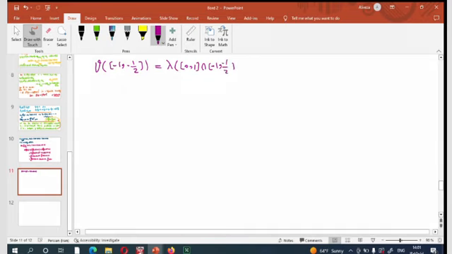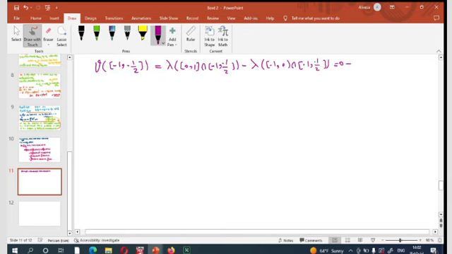Okay, minus lambda of minus 1 0 intersect by this interval. This is empty set, so that this is equal to 0,